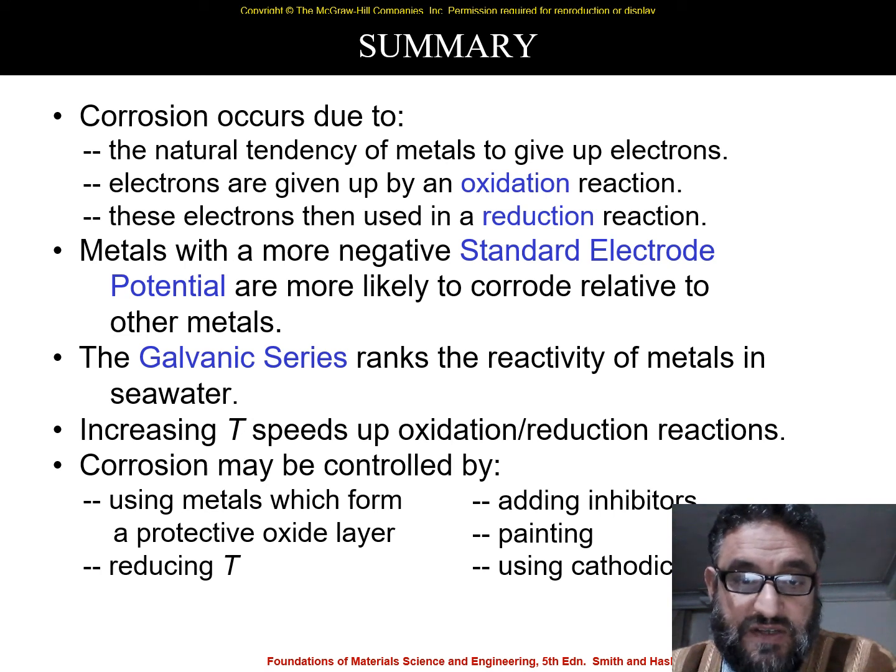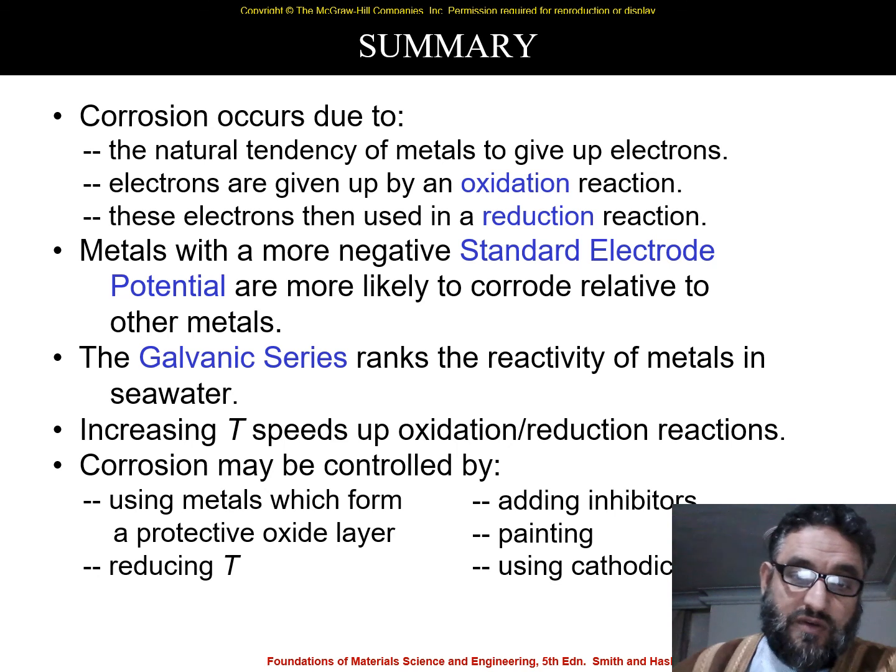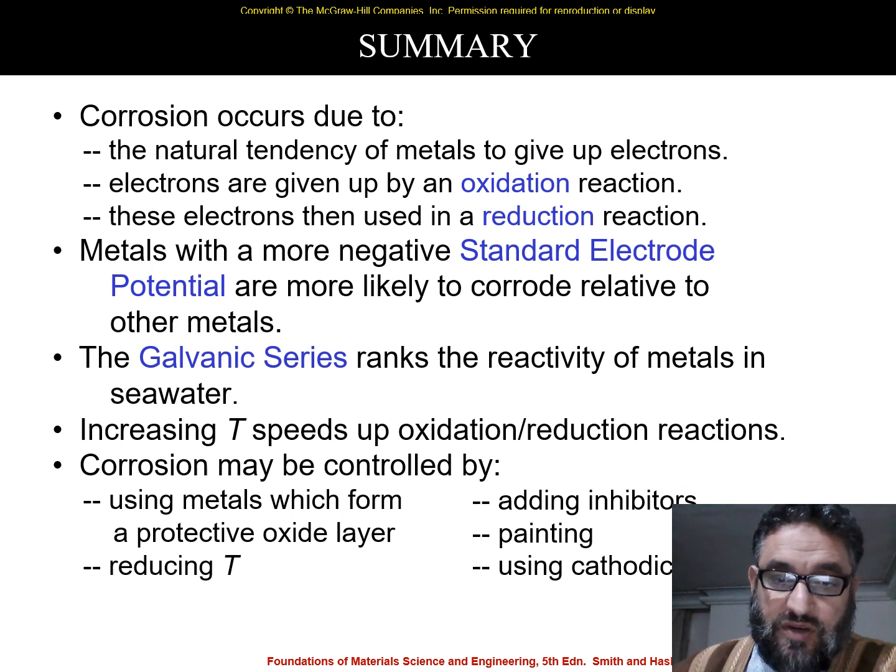Increasing temperature speeds up oxidation reduction reactions. Corrosion may be controlled by using metal which forms a protective oxide layer, or by reducing the temperature, or by adding inhibitors, or by coating, painting, or by using